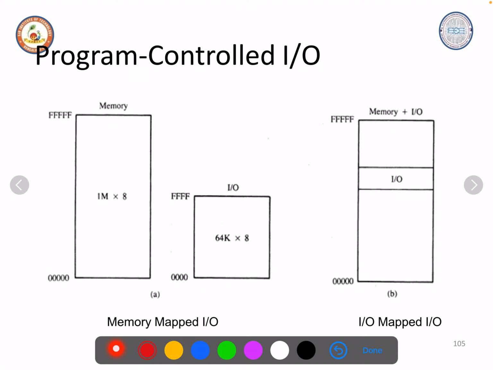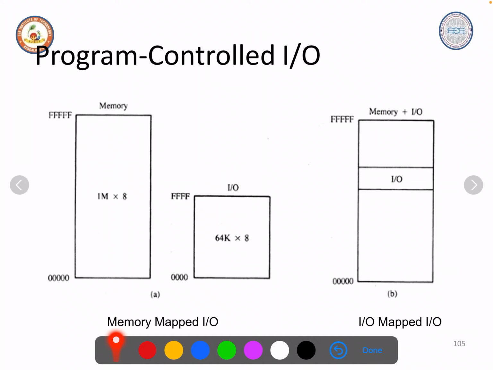There are two types of IO devices, memory mapped IO and IO mapped IO. The major difference between memory mapped IO and IO mapped IO is, in memory mapped IO you have a different address for memory and a different address for IO devices. Memory mapped IO, different address for memory and different address for IO. That means in the same